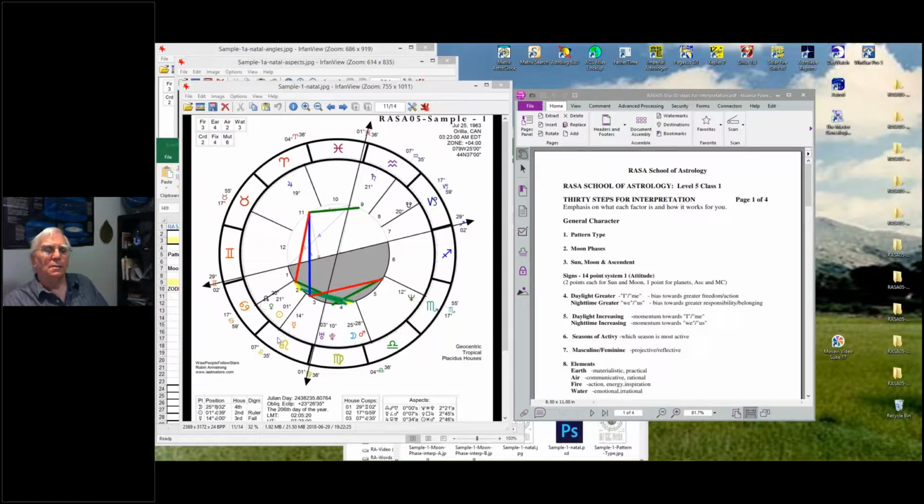Okay, we got mutable, fixed. So there's no cardinal. You don't see a driving person. You see a determined and adaptable person. You see the fire, the earth, and the air. There's not the water. There's a practical side, there's a communicative side, and there's the proud side. So just look at the sun, moon, and ascendant, but you're getting the sense, not so much the sympathetic person, more the showy, dramatic, meticulous, curious, restless person. Okay,